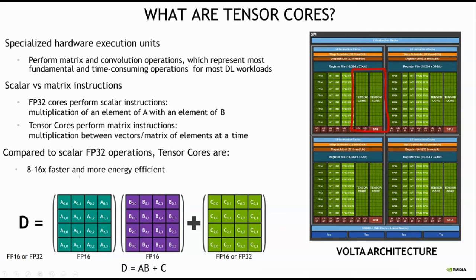The caveat here is that these tensor cores can only be activated when you do operations in FP16. That means your input is in FP16, the weight matrix is also in FP16, and when you're accumulating these results, that only happens in FP32. That means you're doing an FP16 FMA operation, fused multiply-add, and then you're accumulating the results in an FP32 register. So the computation happens in FP16 only, but the accumulation happens in FP32. So it's a pretty important point to remember here.